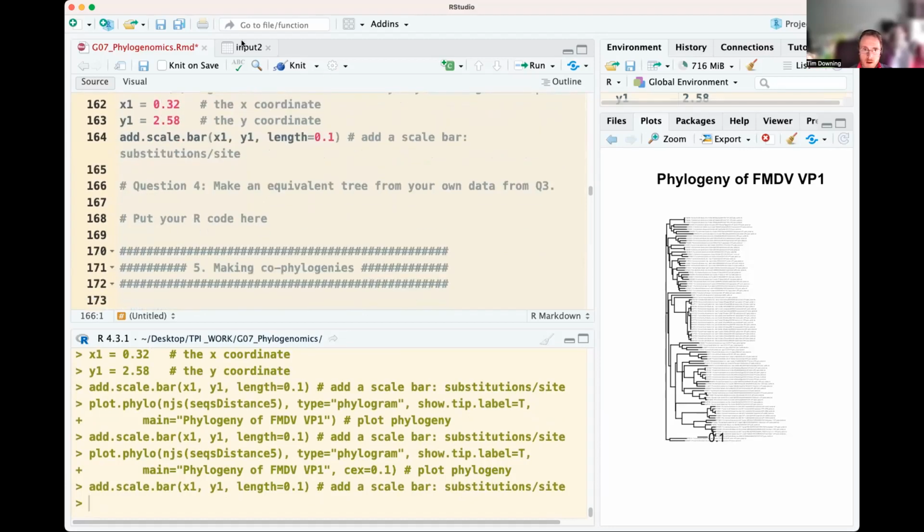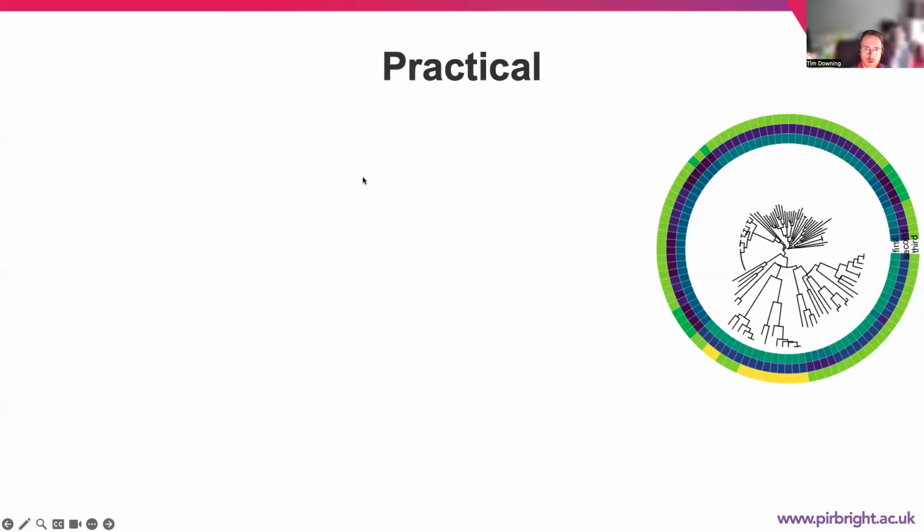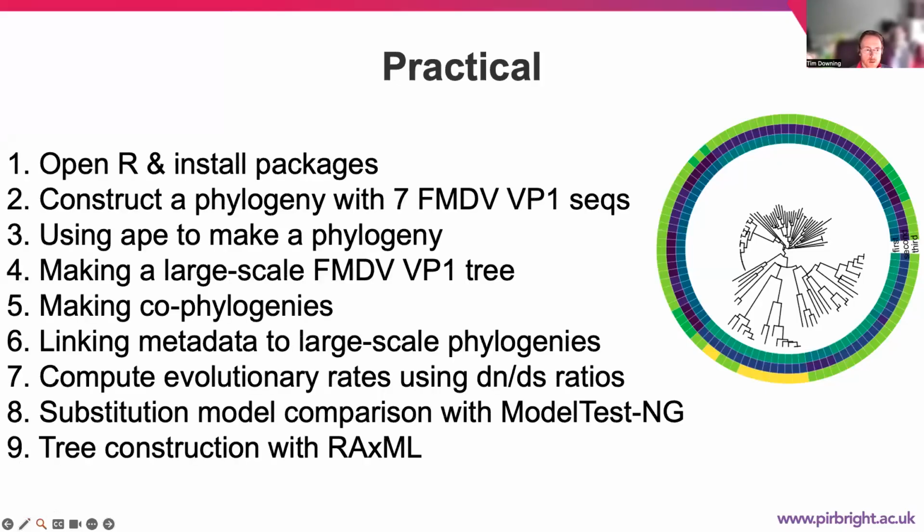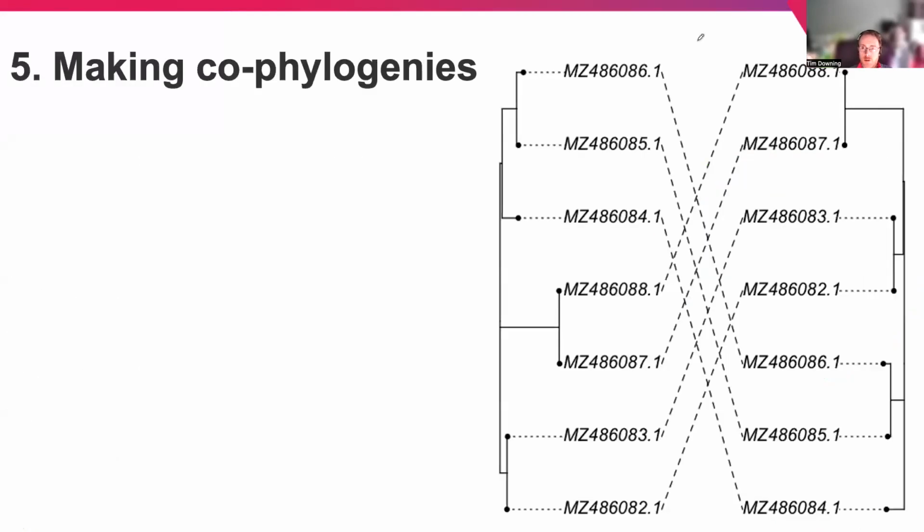So now let's look further at making co-phylogenies from making just a single phylogeny. So now we're going to look at making co-phylogenies as the end part of our Lab 1. So here what we want to do is visualize two trees and link the samples to each other. So here in this particular example, you see a lot of heterogeneity between the two different alignments on either side, because we have